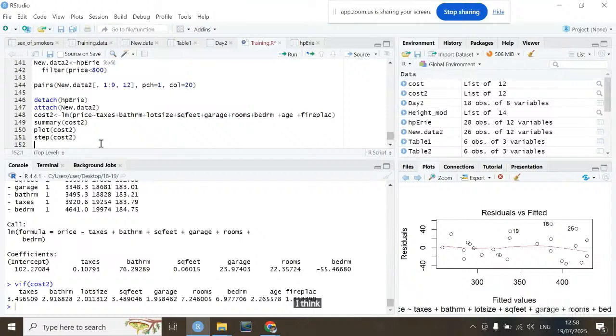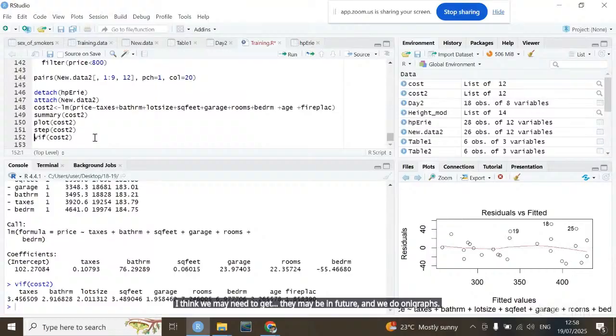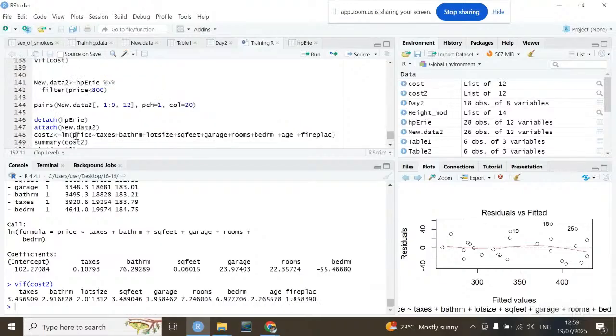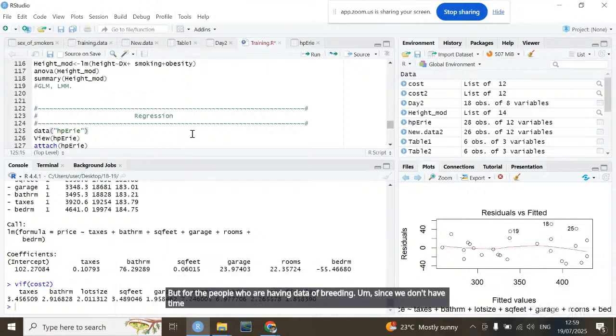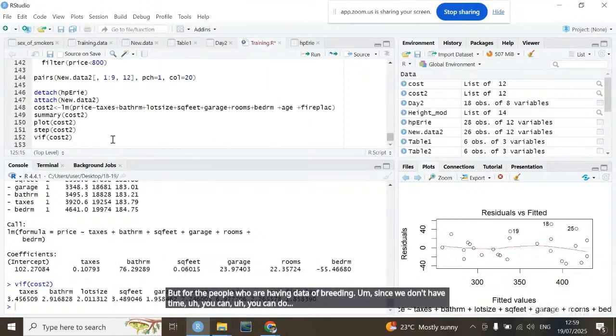I think we may need to get time maybe in future, and we do only graphs. We do graphs, a lot of graphs, and also go into details of those models. We need to do linear mixed model, the generalized linear model, as most people recommend this linear mixed model. But for the people who are having data of breeding, since we don't have time,